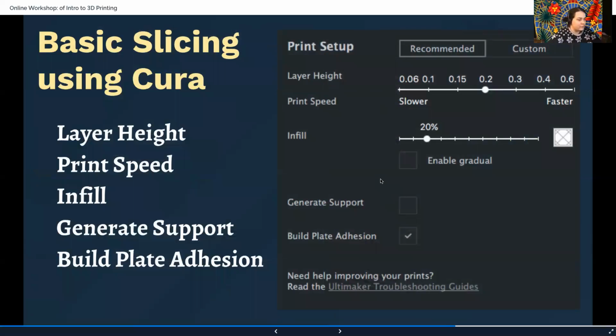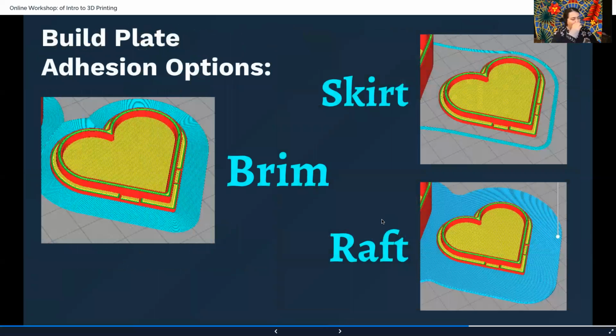So here's the basic menu that you see in Cura. You can see the layer height versus print speed. You can change the infill. You can generate support if it's going to need supports. And then you can check build plate adhesion, which is the extra material that's going to print